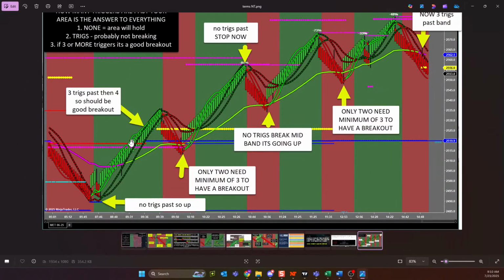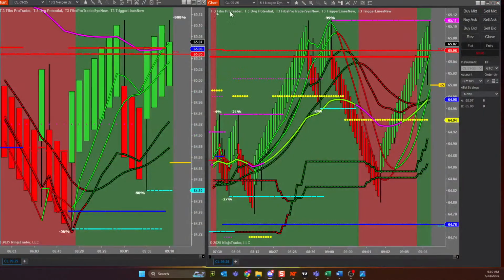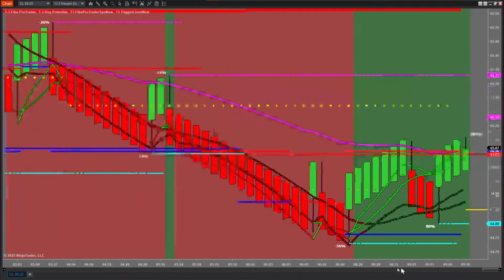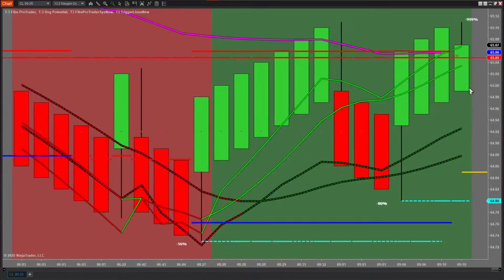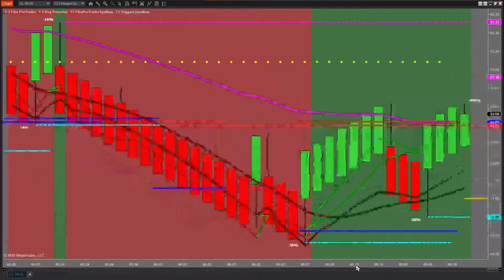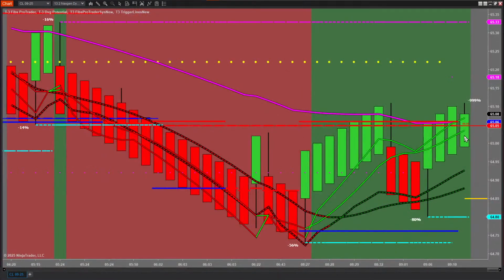When 3 triggers, both small and 1 large, get through, that's when you start getting a little more aggressive on taking that next trade. But it's not a clear path until 4 triggers get through the area. So what we're going to do this morning is, on every chart that we go to, look at the first bar and say, do I have momentum? Give me a Y in the room, please. Small triggers above the large triggers, space between the two. Guys, I have momentum and I can see it right on this first bar.